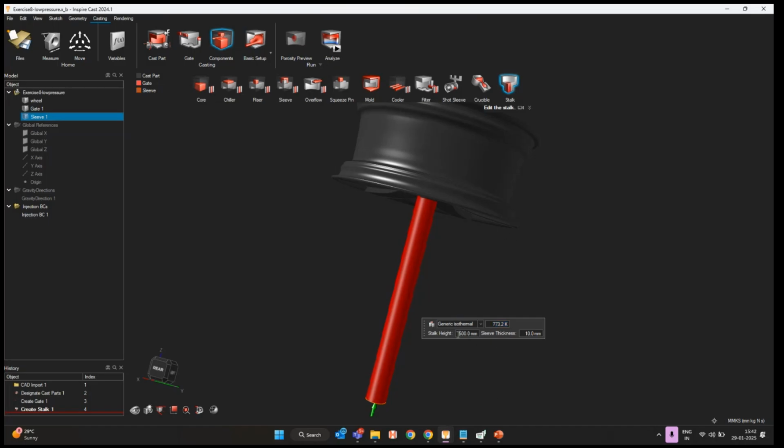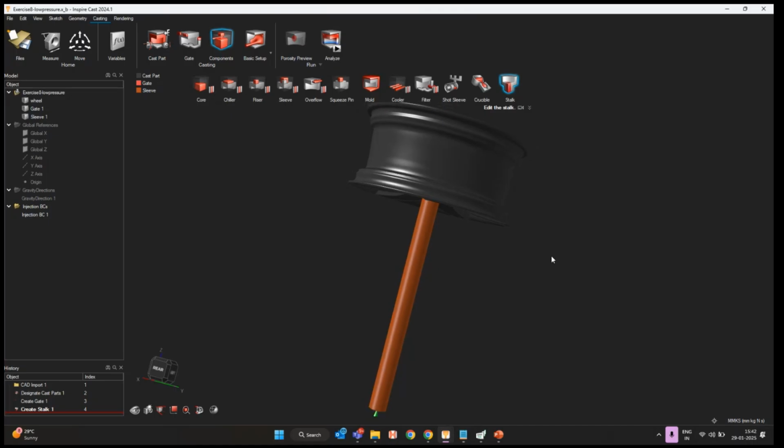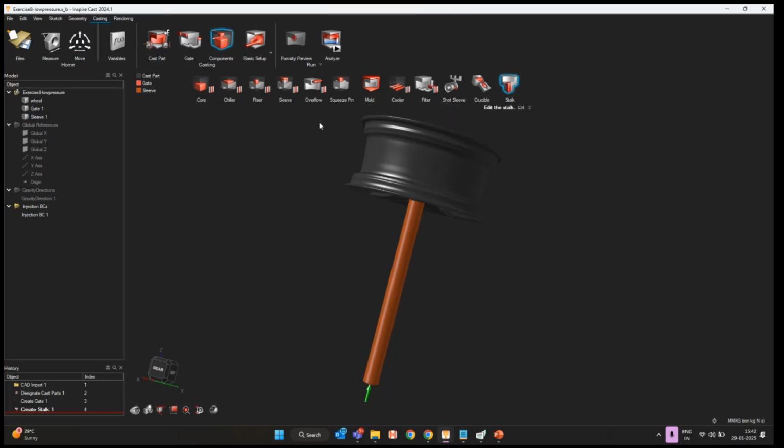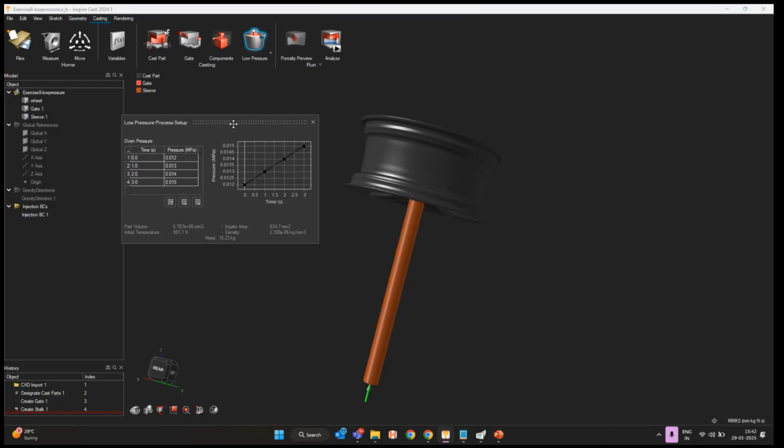Here you can specify the stock dimensions, stock height and the thickness. You can specify whether it is an isothermal or exothermal process. I can specify the temperature of the stock. Once this is done, I can directly go to the low pressure casting,